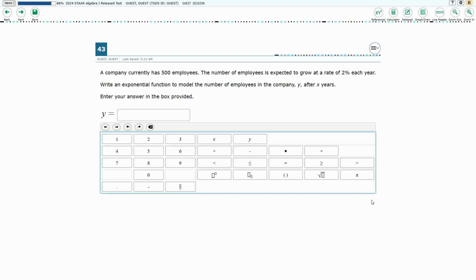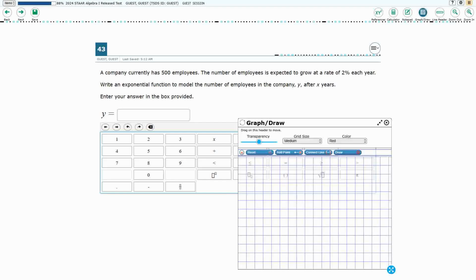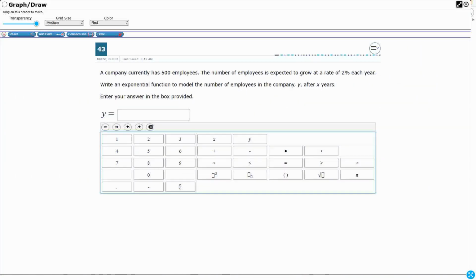Next, for number 43, we are writing exponential functions. This is A.9c, and we have an equation editor. So we have just a basic setup for an exponential function, a little bit of a story problem. We need to know that we are dealing with exponential functions, right? So our function